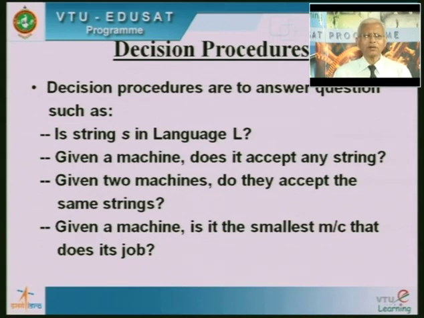These are more philosophical questions that will be tackled. Given two machines, do they accept the same language? You have done this in an indirect way. Suppose you are given two DFAs and one language, do they accept the same language? Suppose you want to do that,